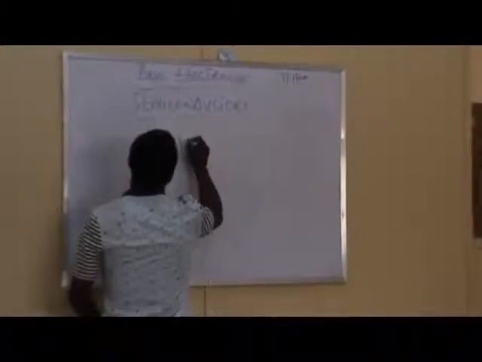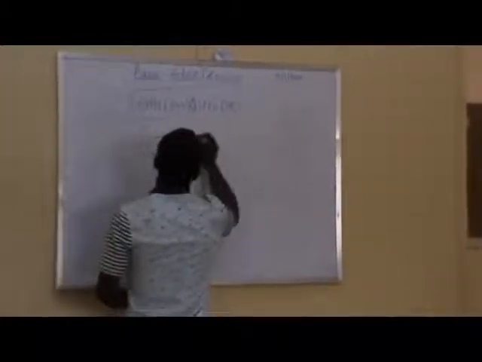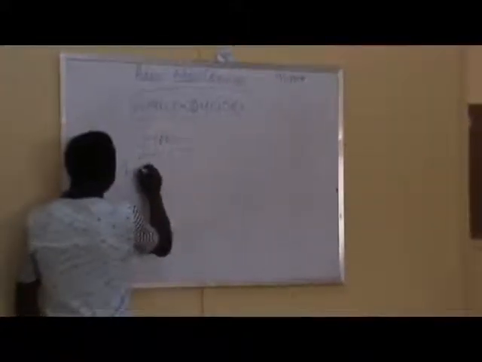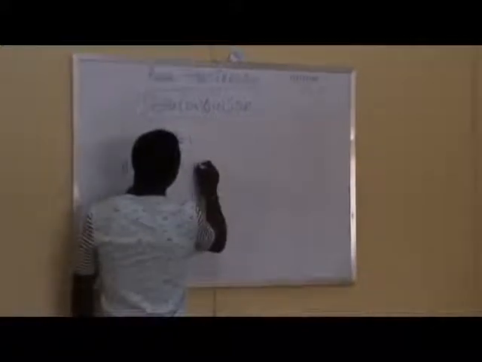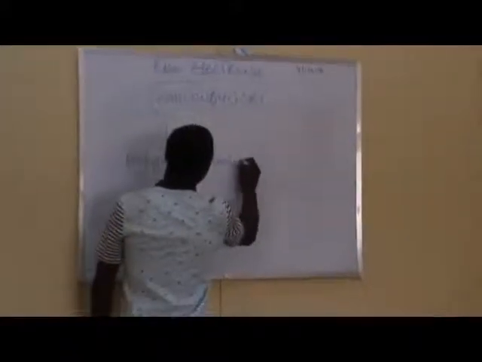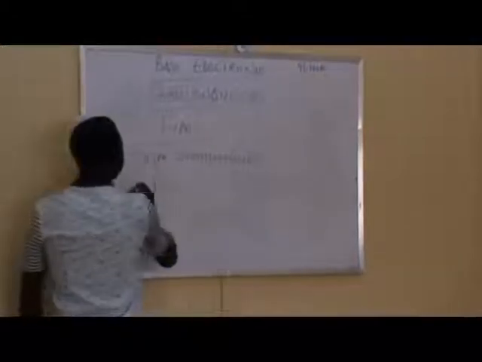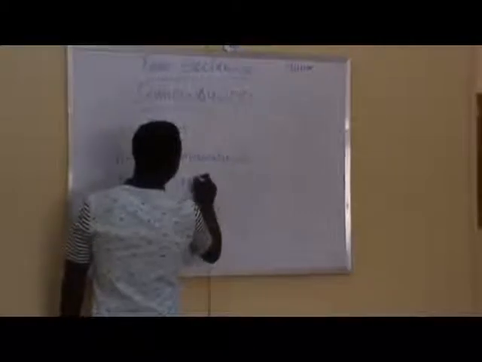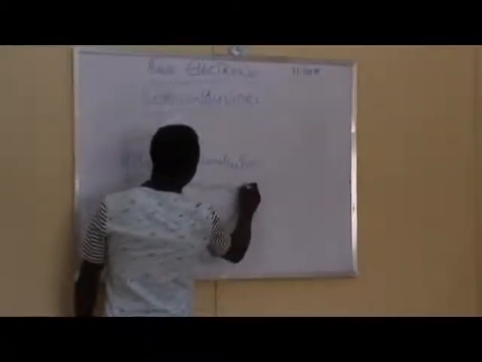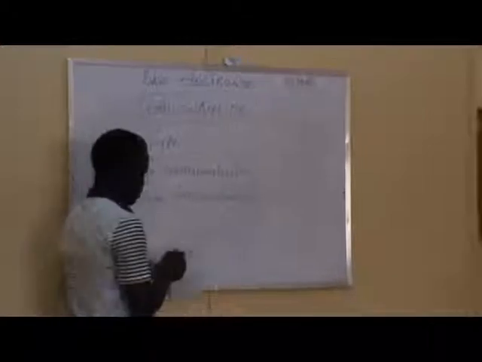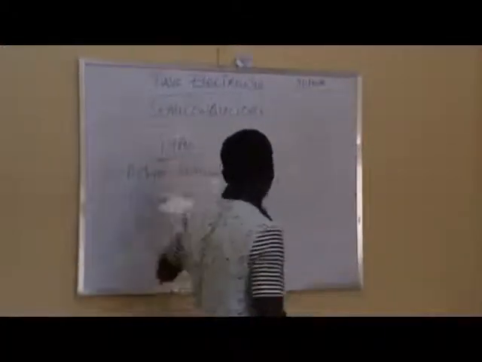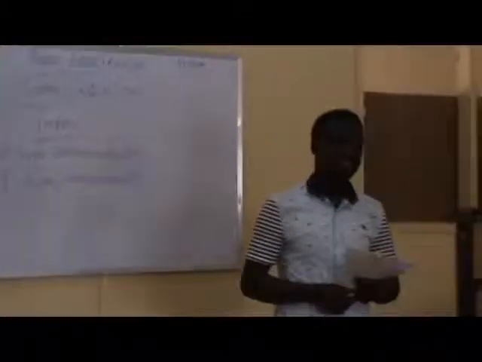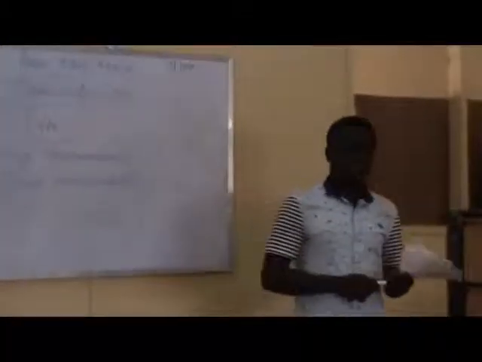We have two types of semiconductors. We have the N-type semiconductor and we have the P-type semiconductor. The N-type semiconductors are produced by adding impurities to the